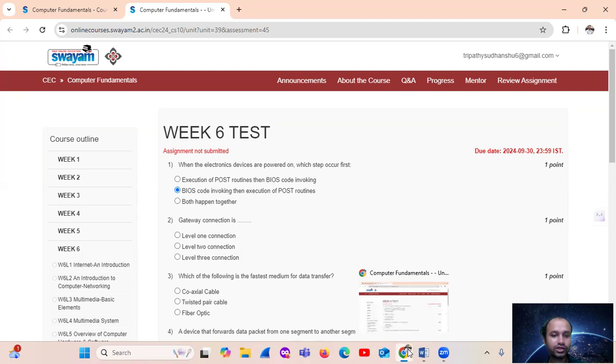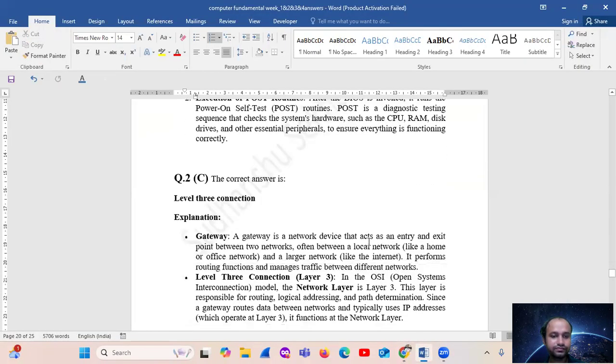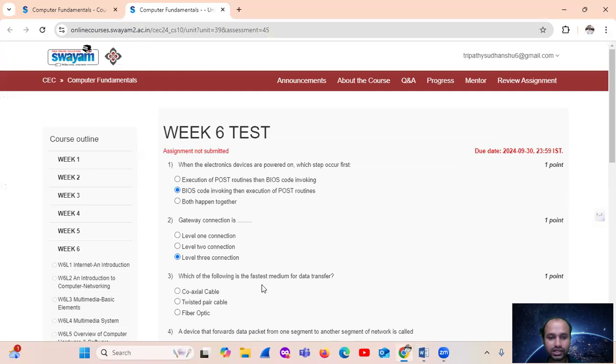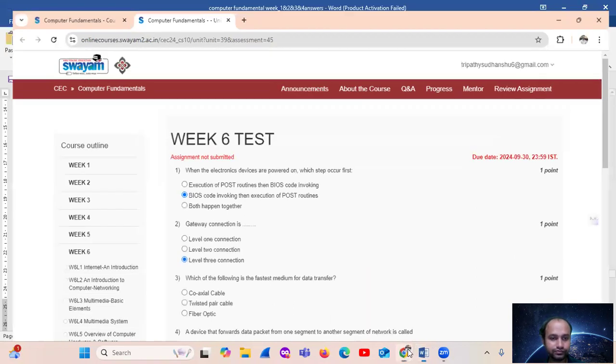Question number 2, gateway connection is gateway level 3. Okay, that is level 3. Option number C, level 3. So level 3 कहाँ पे? Level 3 means network layer. So gateway क्या है? पहले एक-एक करके ऑप्शन देख लेते हैं। इसका आंसर तो होगा लेवल 3। ओके,